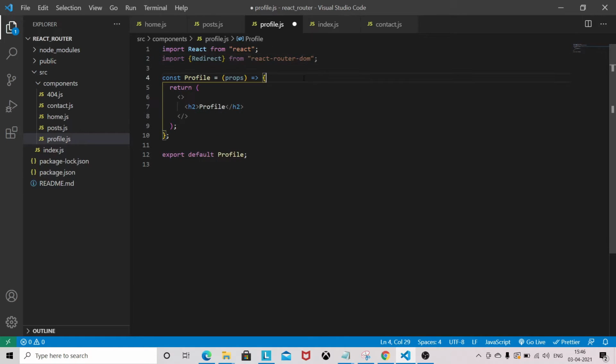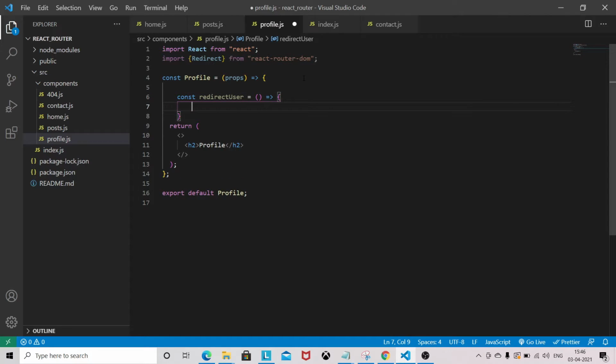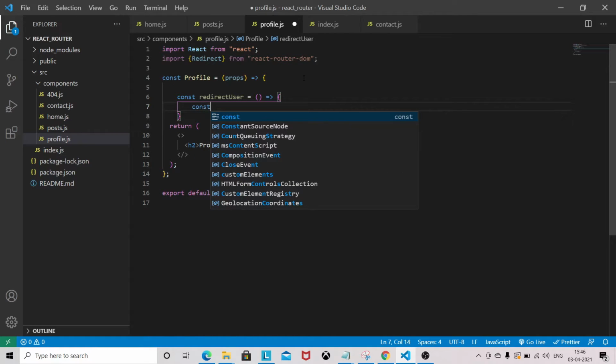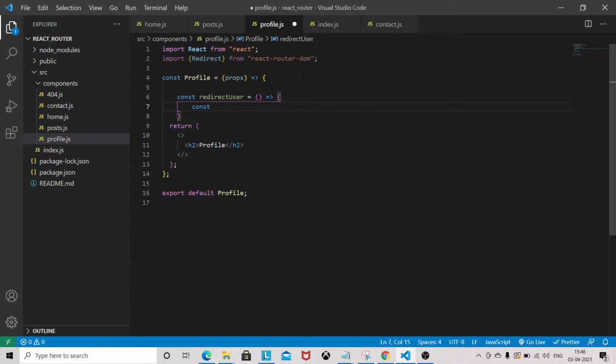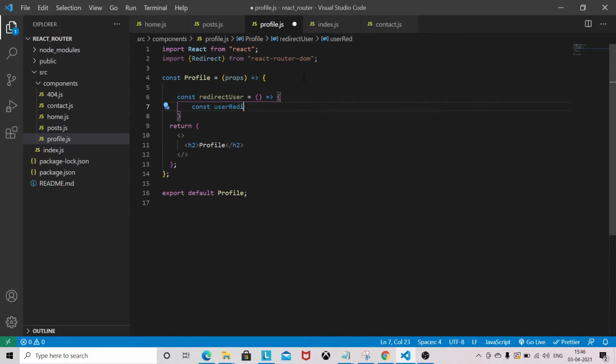I will create one function like redirect user, and I am giving one variable, userRedirect, equal to true.